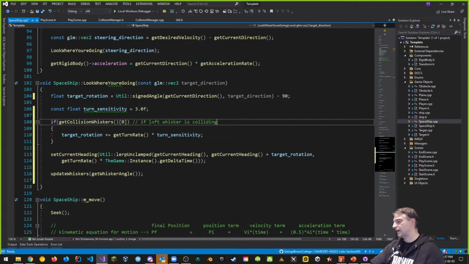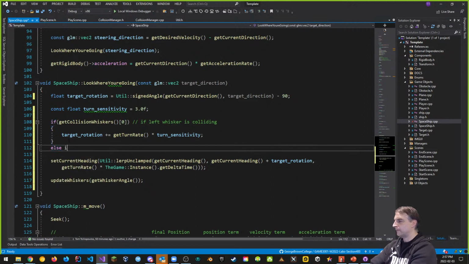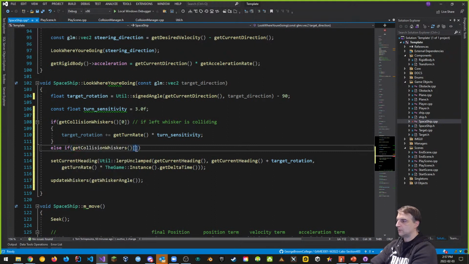That's what that does. When it detects the left whisker colliding, then it changes the target rotation, which is the thing that we're calculating in our current heading. Cool, nice. What about if it's the other whisker that's colliding? Get collision whiskers 2, right? So this is the